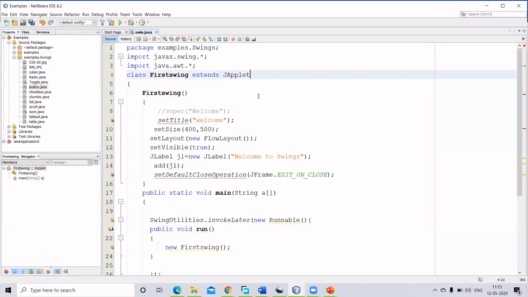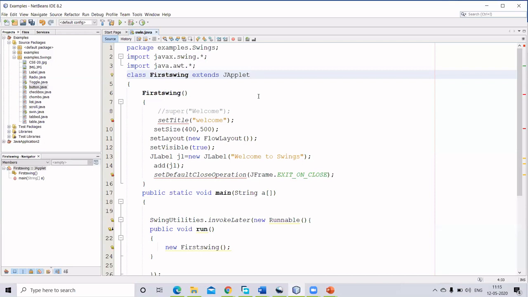So now what is the life cycle of your applet? First, which method will be called in your applet? Init. Init method. So from init method, which method will get called? Start. So from start, it can be called as stop or destroy. Stop means suspending the applet. Destroy means deleting it from the memory. So that is 4 things you can do.